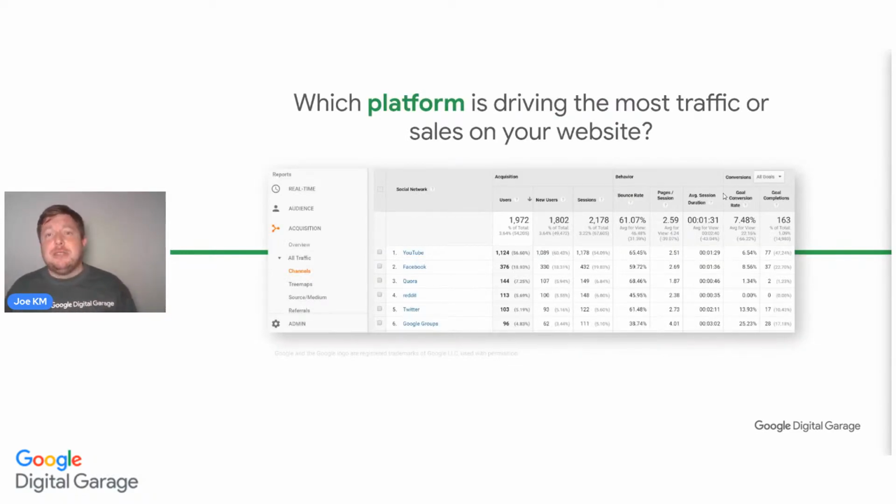So which platform is driving the most sales? You might think, why is this remotely important? But you need to understand which platform is driving the most sales, because if you're spending 2 hours making YouTube videos a week, 2 hours on Facebook, 2 hours on Twitter, and then you go onto Google Analytics or you